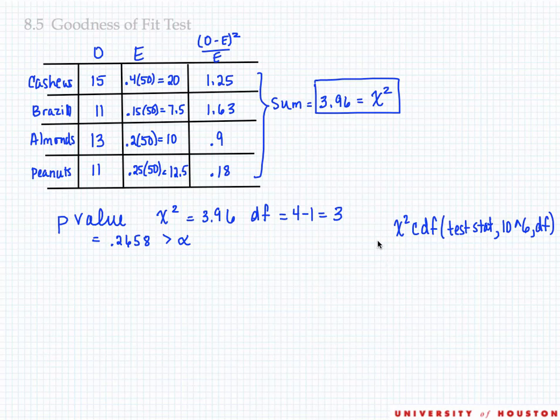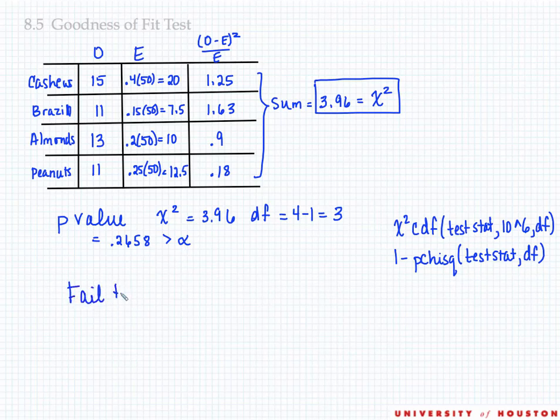Now, if we use RStudio, we would do 1 minus PCHISQ, our test statistic, and our degrees of freedom. You don't need a large number in this one. Since our p-value is greater than alpha, we will fail to reject our null hypothesis and stick with the claim that the distributions are the same as the claimed